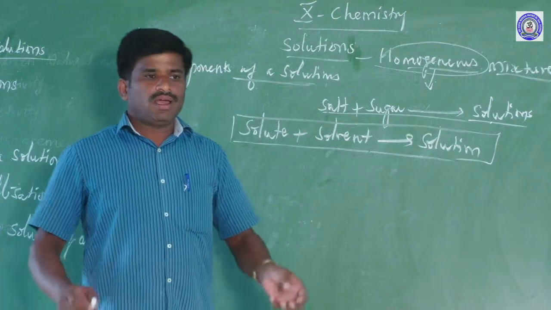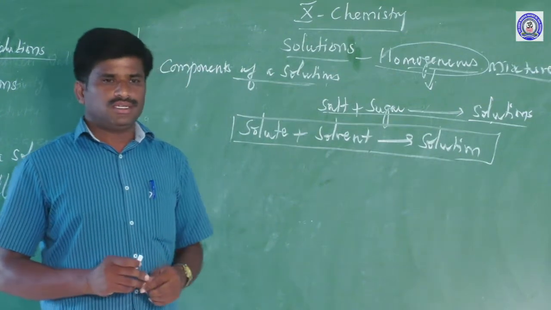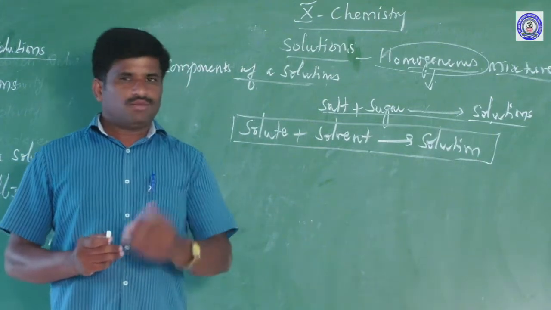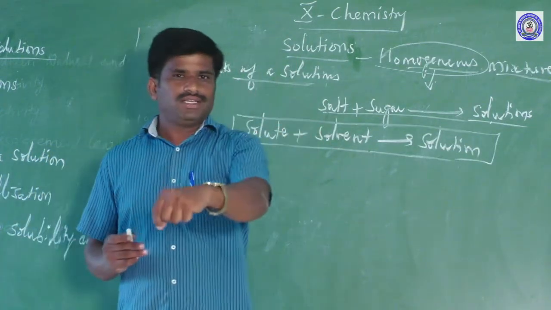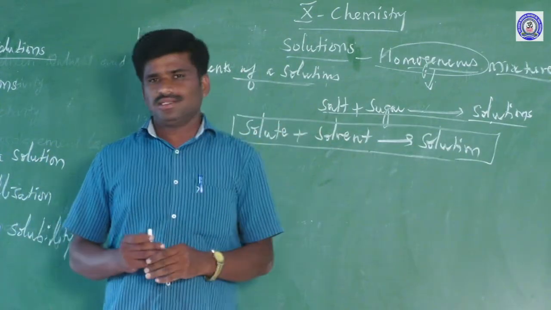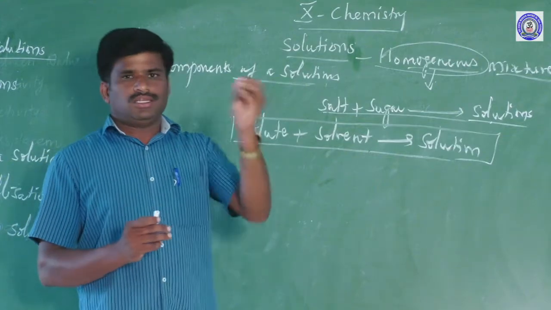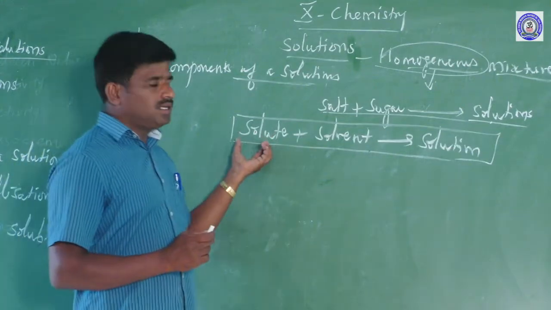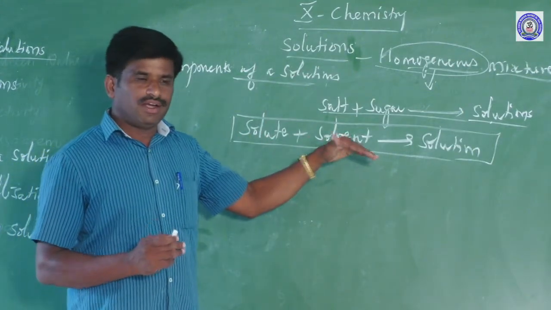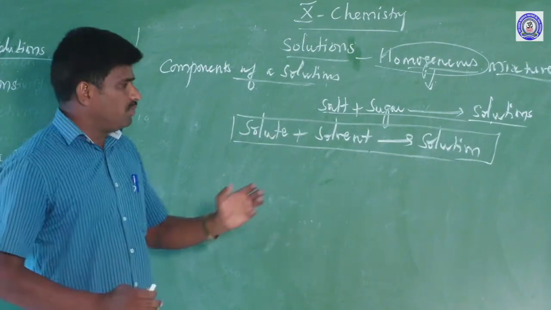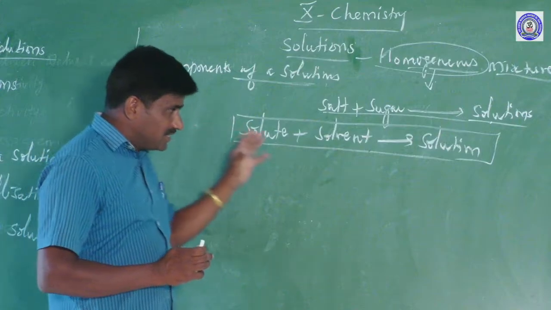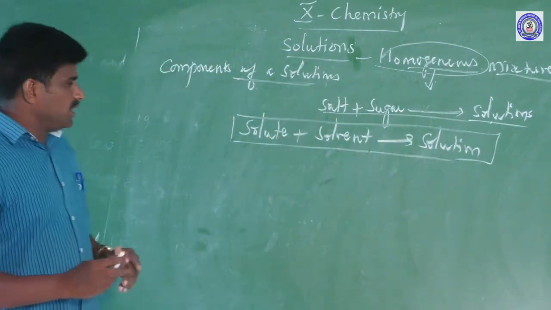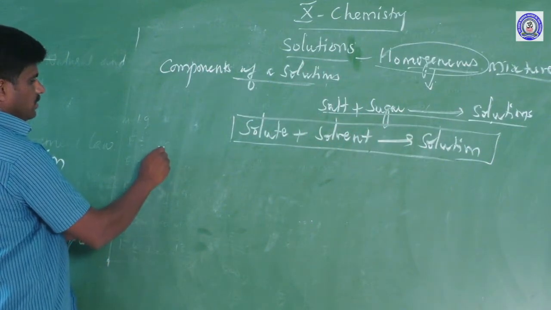Suppose when we prepare a salt solution, we take a very small amount of salt, so salt is called the solute. That salt dissolves in water, and that water acts as the solvent. So salt is dissolved in water. In that, salt is the solute and water is the solvent. Both combine to form a solution. So that's why the components have to be clearly explained in solutions. Next we go to